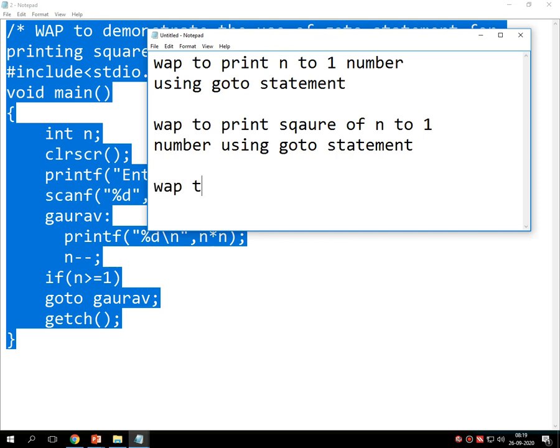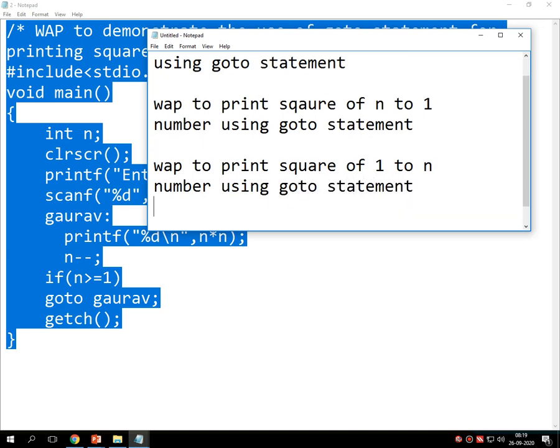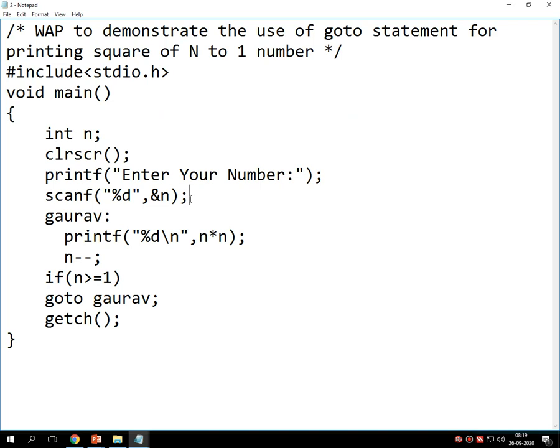Write a program to print square of 1 to n number using goto statement. That means in this program, if I enter 3 as an input, then what will be the output? 9, 4 and 1.